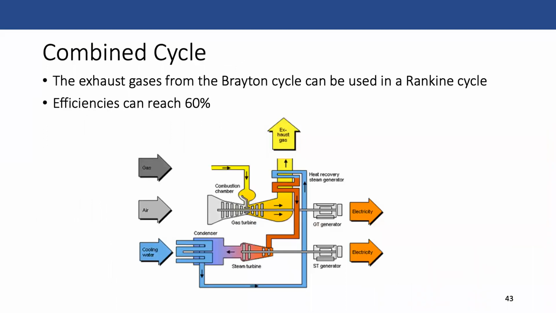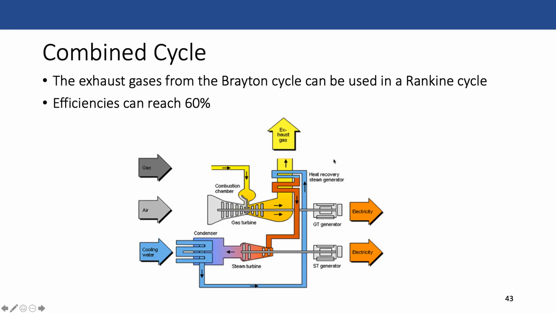And so this is combining... so in a natural gas cycle, we call that a Brayton cycle, and we call the steam turbine a Rankine cycle. This is something that you might learn about in a more mechanical engineering class, but you can actually combine these things. Okay, and so here I would have my typical combustion turbine, my gas turbine, where I compress my air, send in the gas, combust it, and then you have hot exhaust gases. And then you have a closed loop system where cold water is heated up by the exhaust gas from the gas turbine and then sent through the steam turbine.